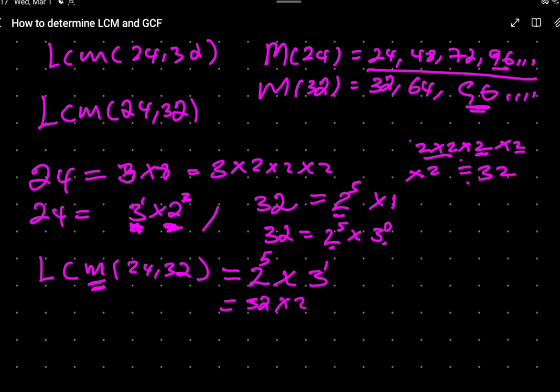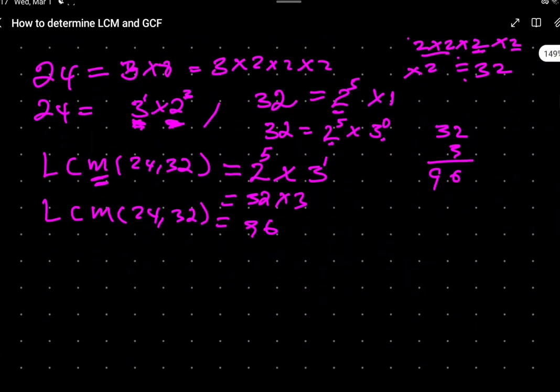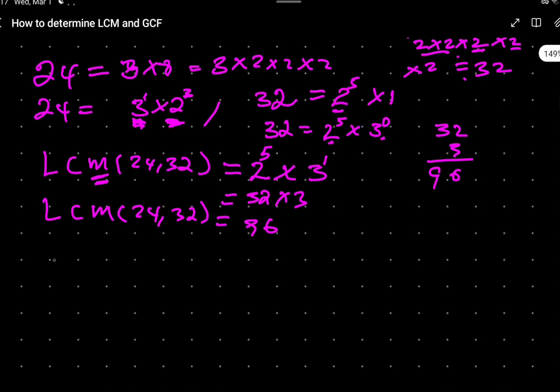32 times 3. How much is 32 times 3? 3 times 2 is 6, 3 times 3 is 9. So the LCM of 24 and 32 is how much? It is 96. The other is how to find the greatest common